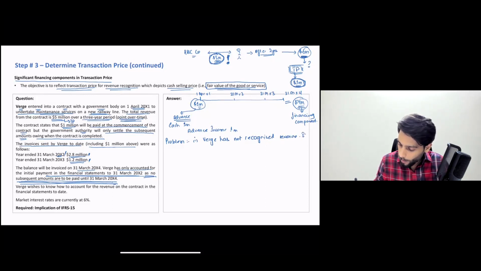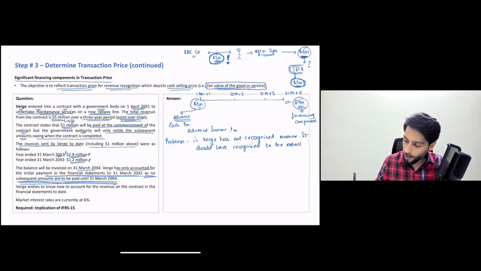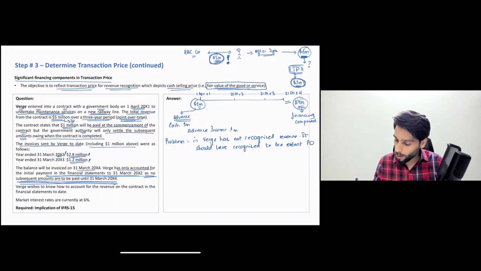It should have recognized revenue to the extent of performance obligation. You can't write PO in your exam, okay? So write it in full. So, to the extent performance obligation has been satisfied,